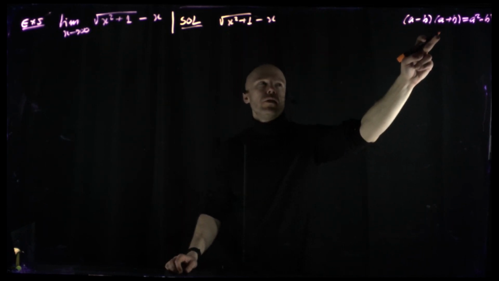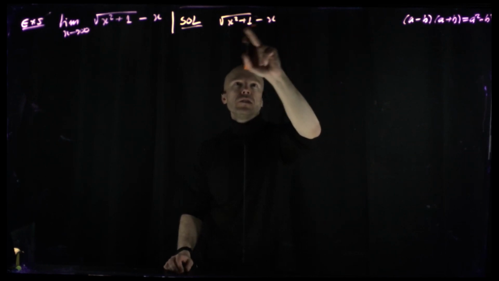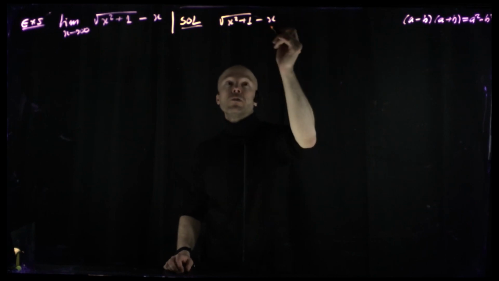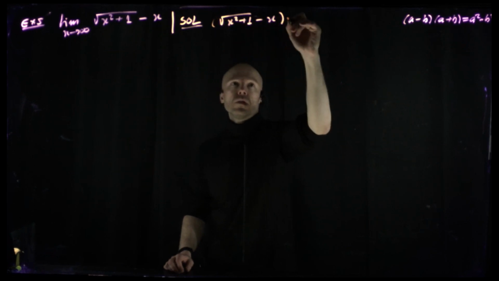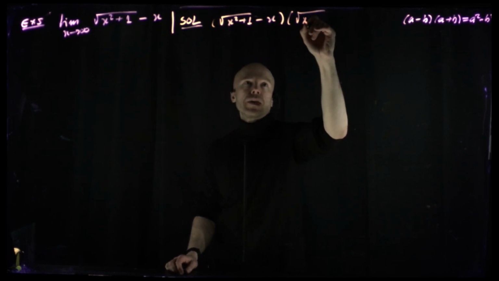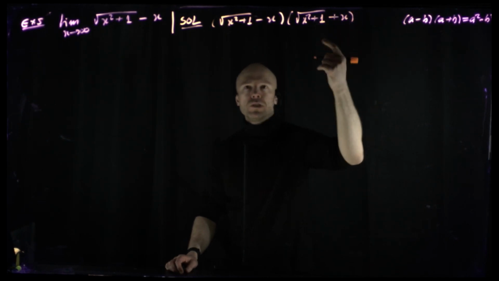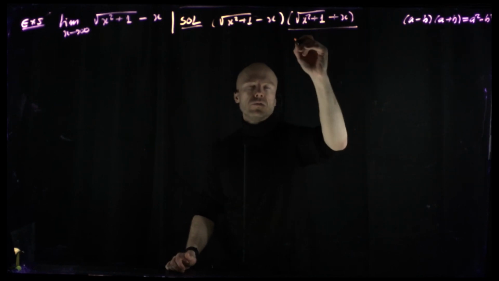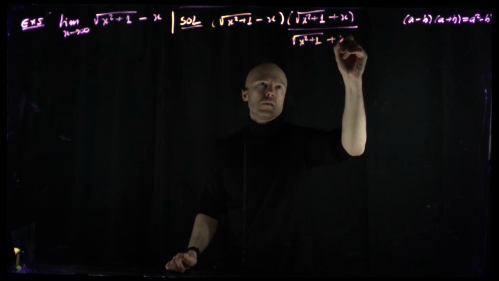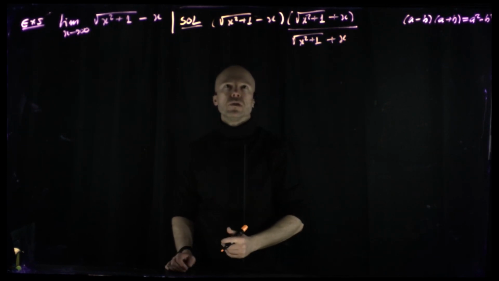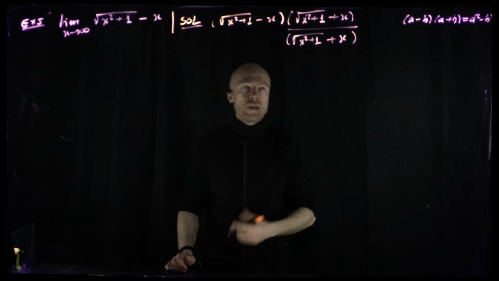So what if we try and multiply it by this a plus b? So in this case, a is this thing and this thing is b. So if we multiply it by something like square root of x squared plus 1 plus x, then that would kill this, but obviously we want the same quantity, so we're going to also divide by this. Otherwise, the whole expression is different, right? So this thing is just 1, so we're just multiplying by 1, but on the top line, we now have